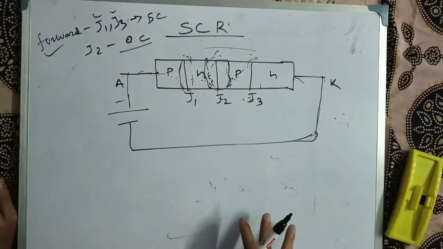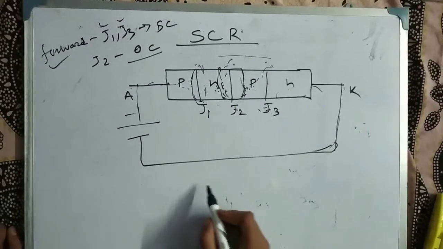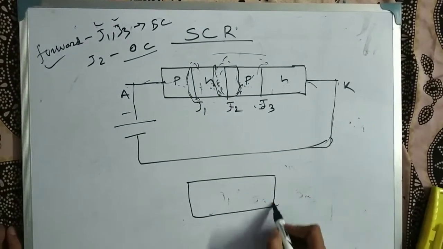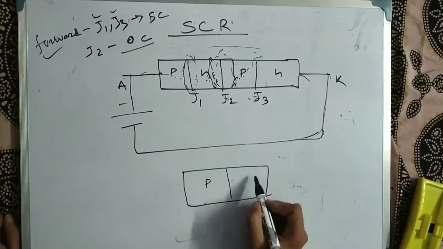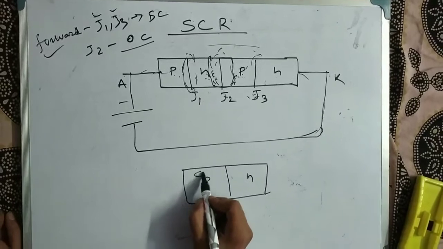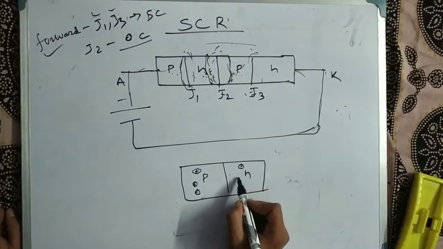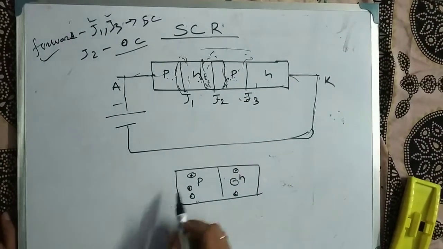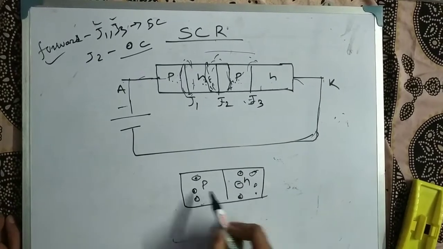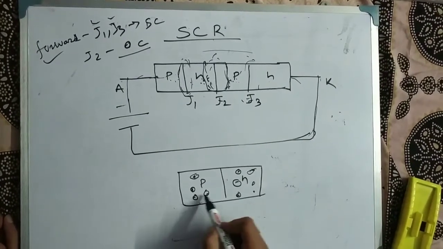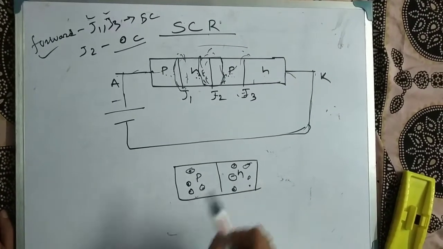We have already studied the depletion region in the diode. Let me recapitulate: for a PN junction, what is the depletion region? P has holes, which are positive, and N has majority carrier electrons, which are negative. When positive majority carriers, holes, are in P and majority carriers, electrons, are in N, what will happen?